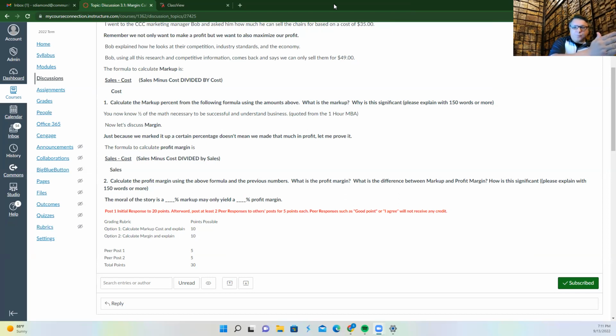If the wood is more expensive, then your cost to build the chair is more expensive, which means you sell it to, let's say, your retailer for more, and they've got to mark up the